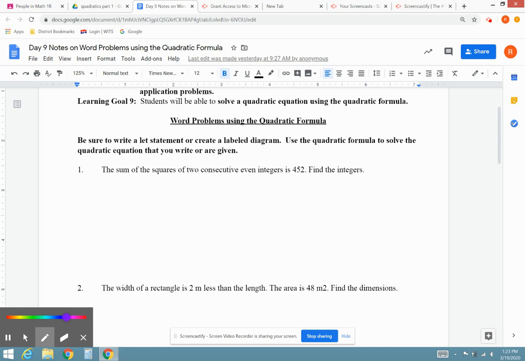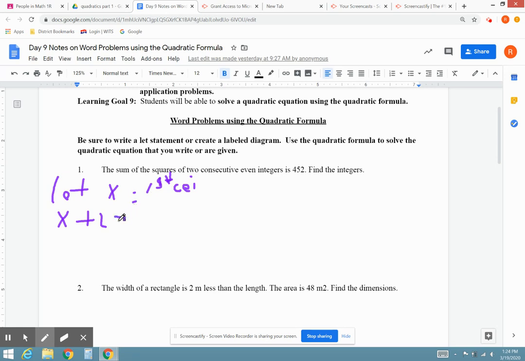So the sum of the squares of two consecutive even integers is 452. Find the integers. So consecutive even, we have let x, and then we'll have x plus 2, which will give us consecutive even. So x is going to be our first consecutive even integer, and x plus 2 is going to equal our second